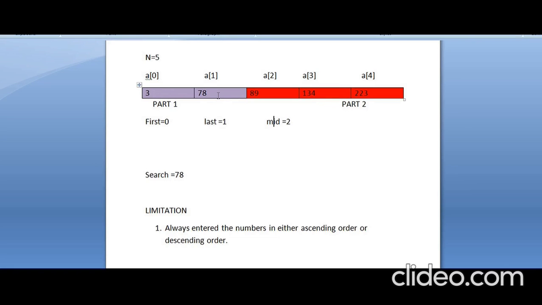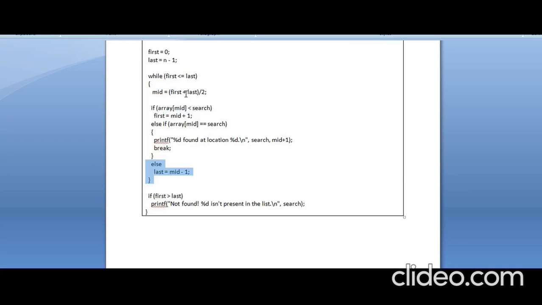Initially we started to find the element in a list of 5 elements. Now, in the first iteration itself, we have made it half. 5 by 2 is 2.5, nothing but the integer value 2. So we are searching with only 2 elements. So it always divides by 2. If you consider the logarithm, it is n by 2, n by 2. Okay. So we will be restricting ourselves to search here. Now let me go back once again.